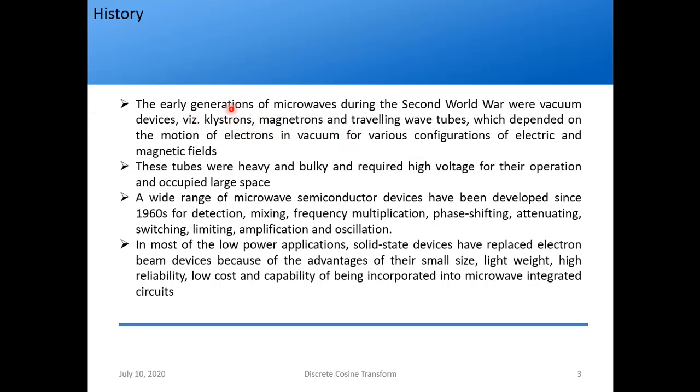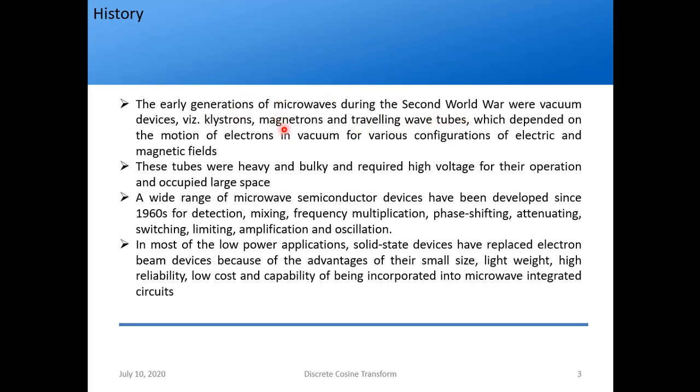If you observe in the annals of history, most of these tubes were discovered during World War One or World War Two. They are used in radars and for defense applications. Even though we think the World War was a bad thing, in terms of science, science mainly progressed because of these two world wars. The world wars happened around 1938 to 1945.